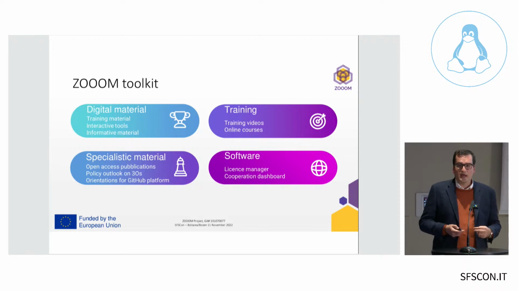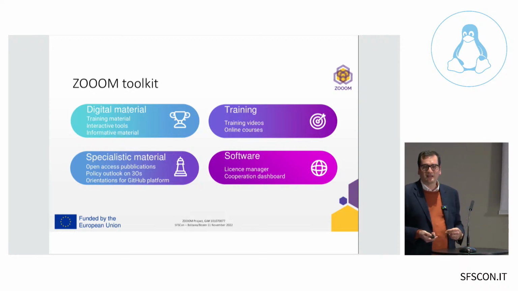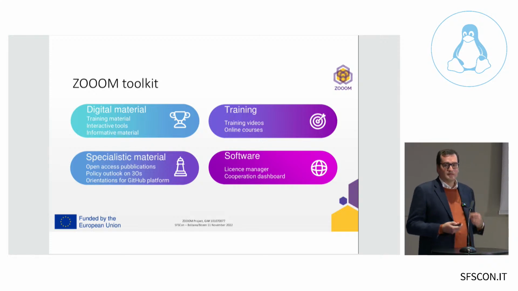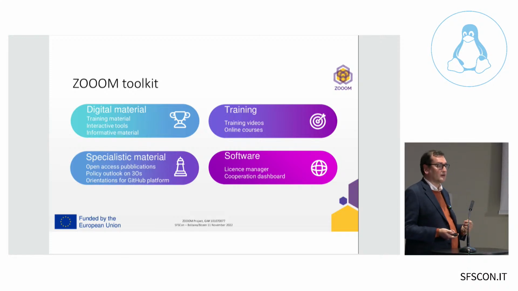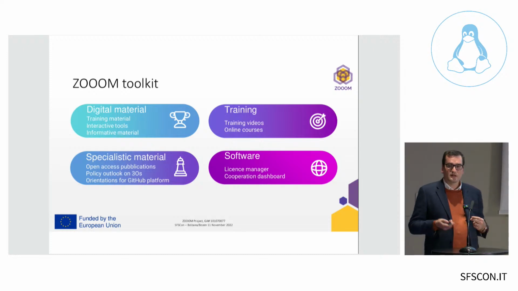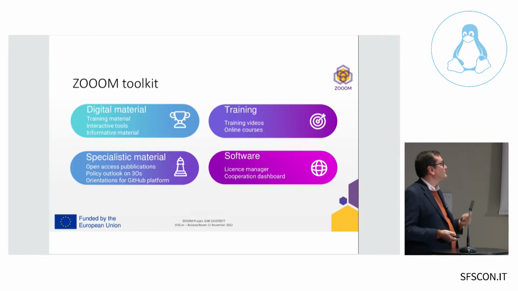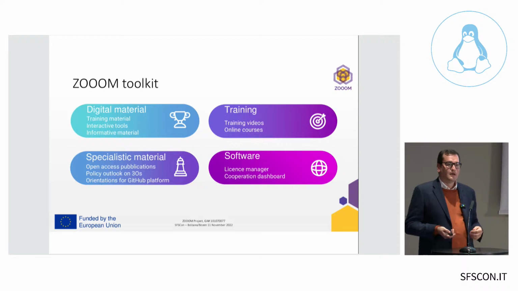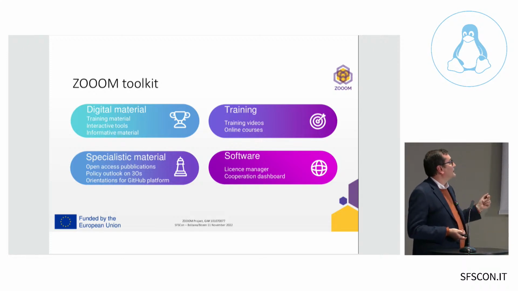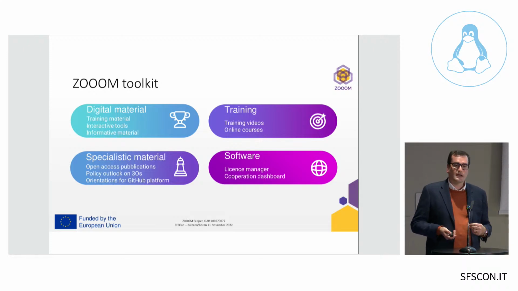So, what will be the output of the project? This is probably the part you will be most interested in. The project will create and disseminate 4 kinds of outputs. There will be digital material in terms of training materials for researchers, for all the stakeholders we identified, designed according to their specific needs. We will have interactive tools, so the idea is to have online tools